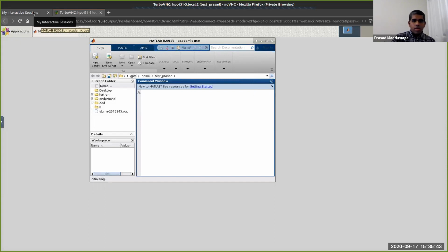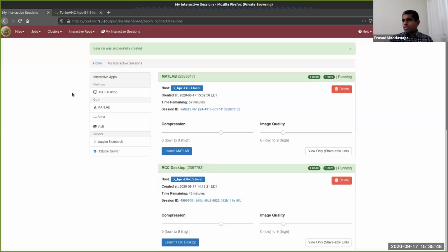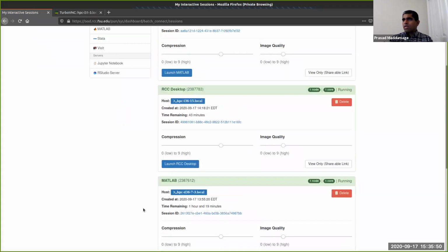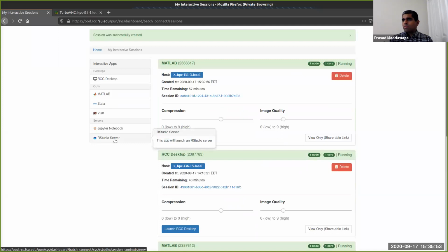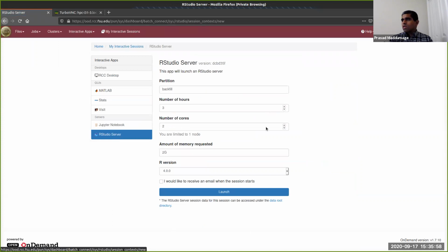So until Matlab is ready, let's go to RStudio. I will not submit another job, but I will show you the slight differences. You can choose the partition, the time, and the number of cores, and you are limited to a single node because it's R. If you have an MPI based R job,